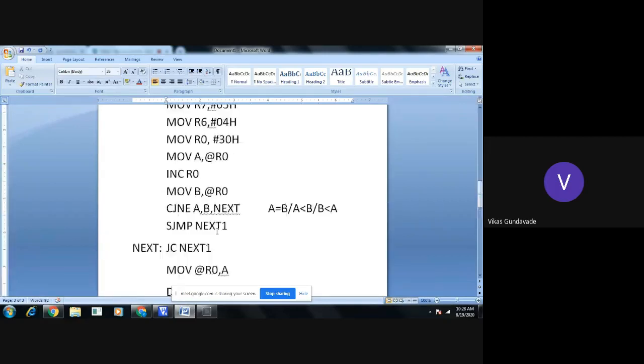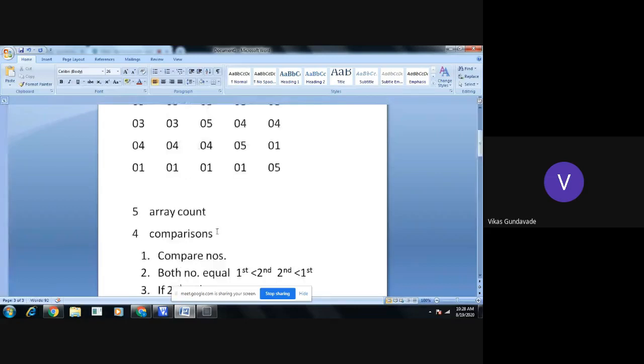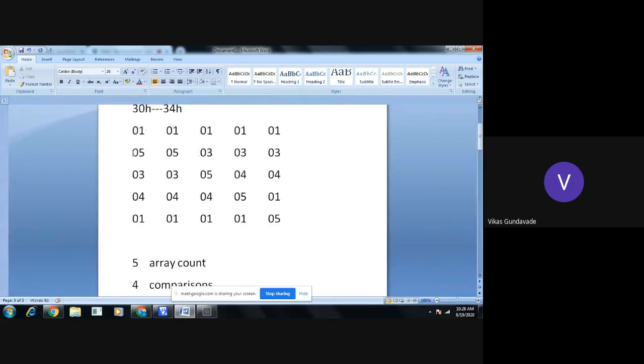See here, first what happened, 01 and 05 comparison has been done. Now here, if there is no modification, then we need to compare second number with third. Okay. That means R0 should point the second location. That second location content should be taken into accumulator, and the third location content should be taken into B register, as per our program.